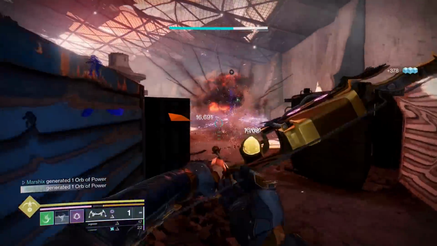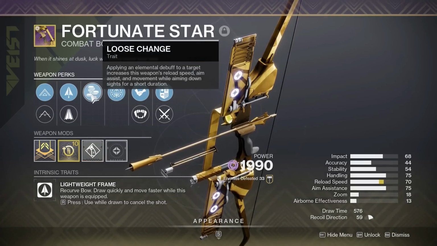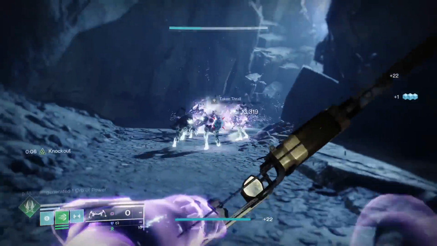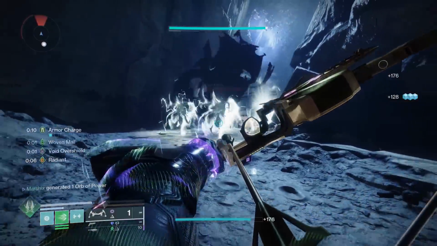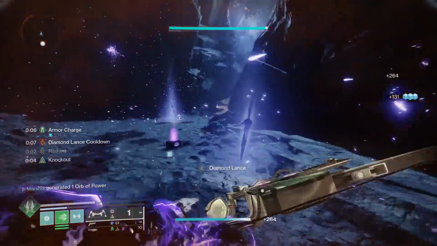Or if you really just don't care about overshields, you can also swap out repulsor brace for loose change. Loose change will give you extra aim assist, reload speed, and movement speed each time you apply a debuff. So basically every kill with destabilizing rounds. This will be active most of the time, making it feel a lot better to use and helping bad players